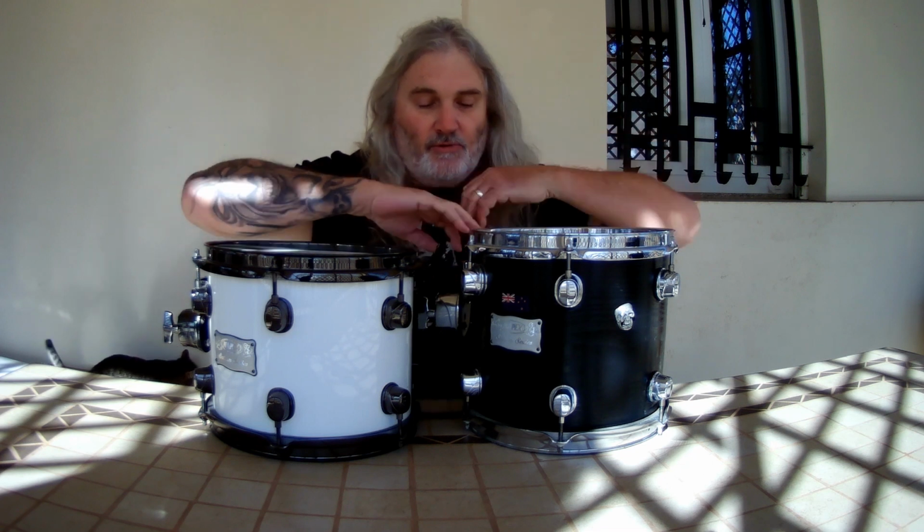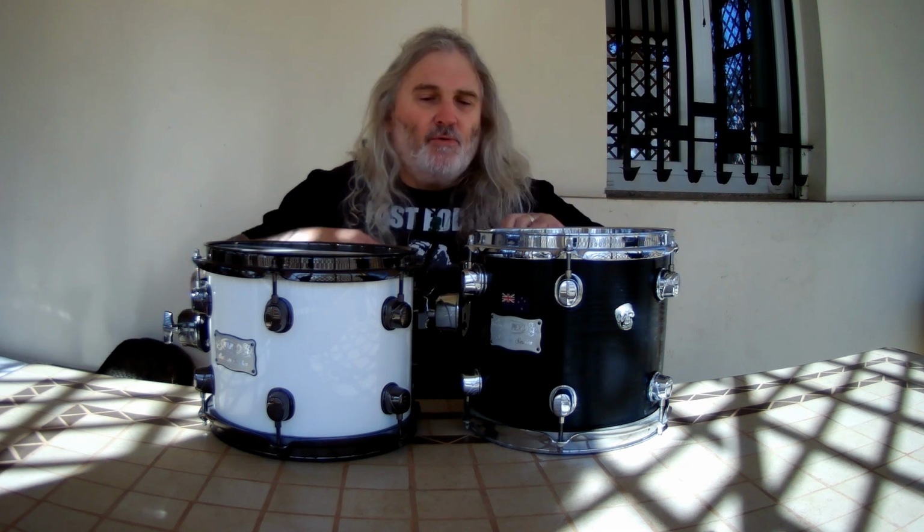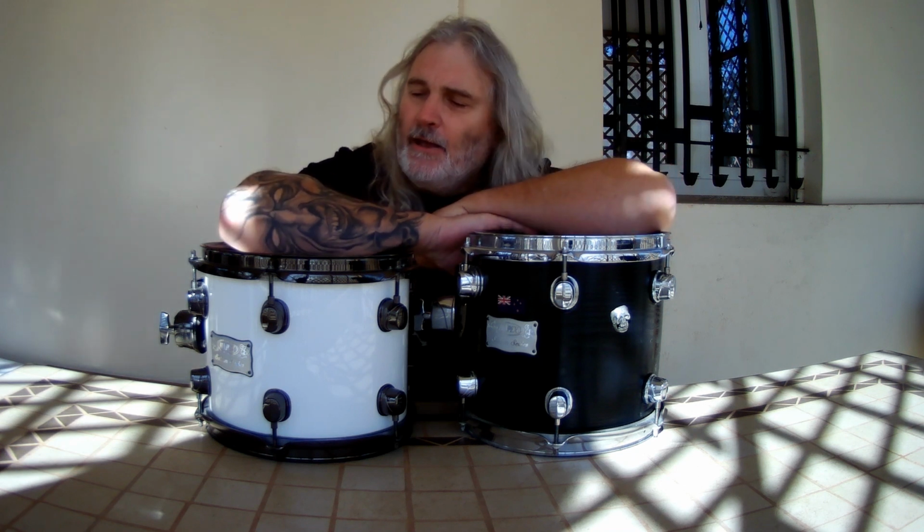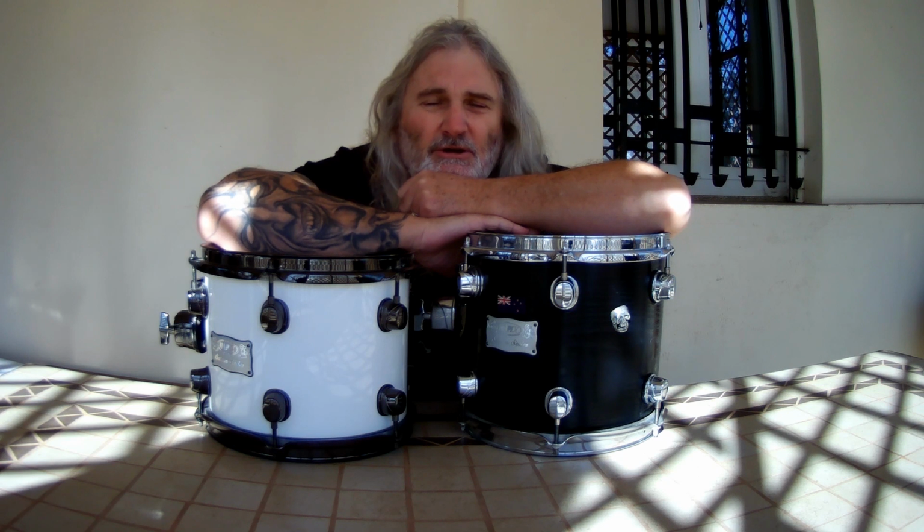In 2008, I got switched on to Mapex. I thought it'd be a hard act to follow after using Yamaha for so many years, and I absolutely love them. I'm very, very fortunate to have an artist deal with Mapex, thanks to Martin Potts from Core UK that deals with Mapex in the UK, and they've always been a fantastic company to deal with. I'll talk about endorsements and artist deals later on in another video. But I've been using Mapex since then, and I use predominantly the Saturn series, and these are quite